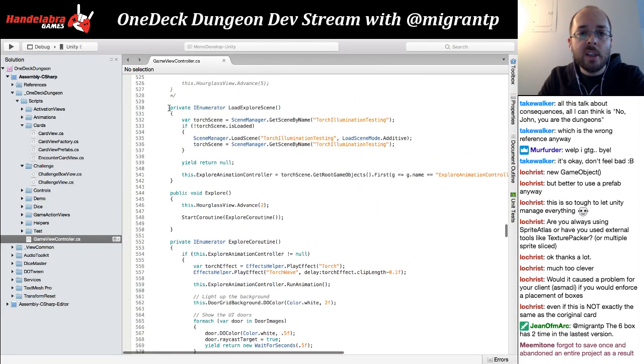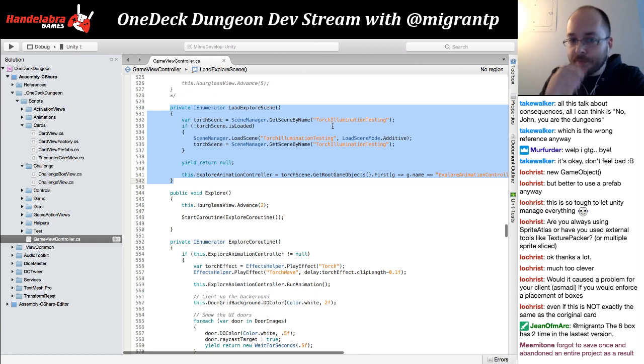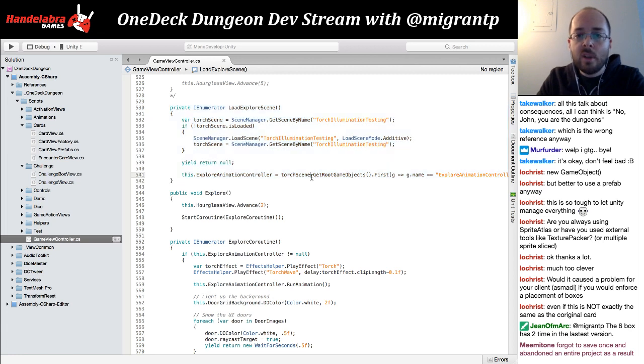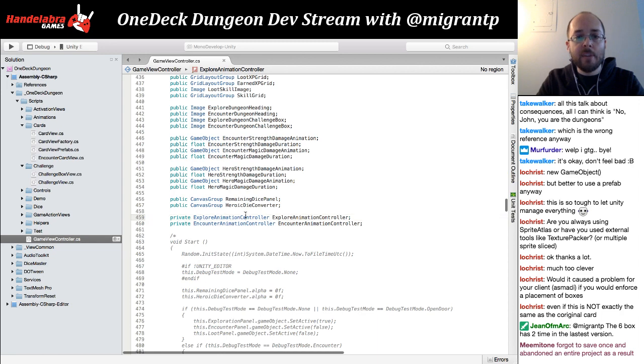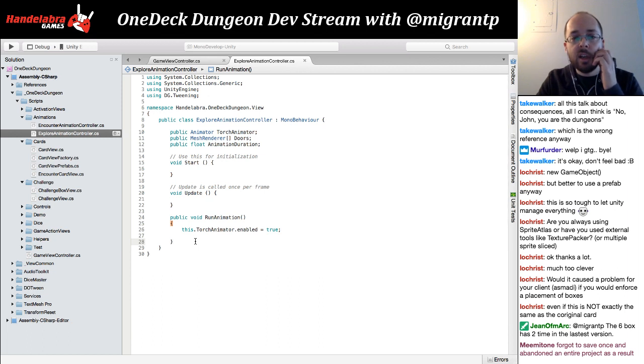But here's where we're loading for the Explorer. So we actually are loading that scene that I showed you earlier with the torch. And we load it up, and we find there's an animation controller. And the animation controller is just a simple class that I can call to say start the animation. This is really all it does is runs the animation,